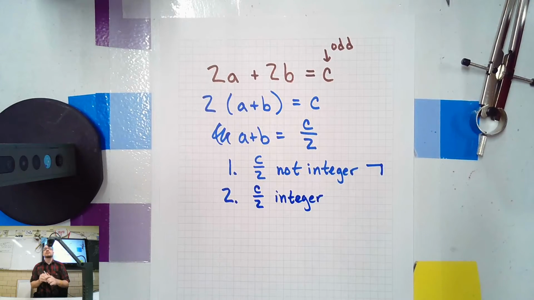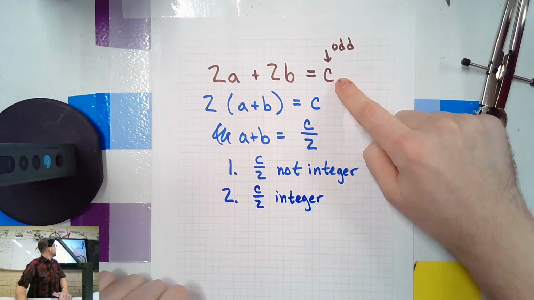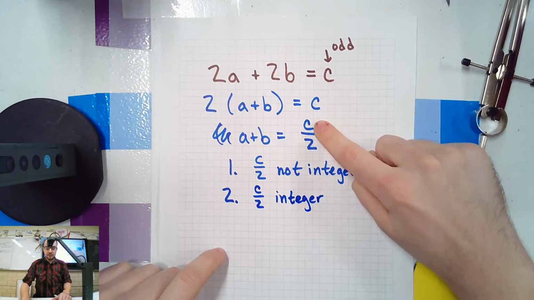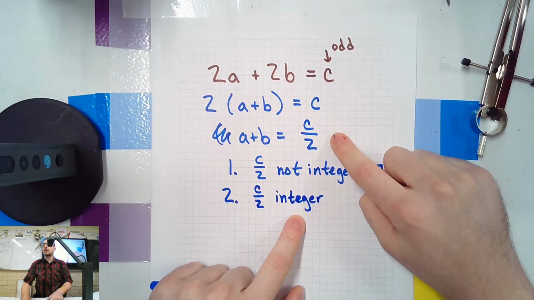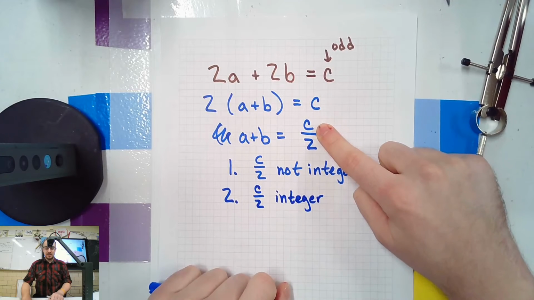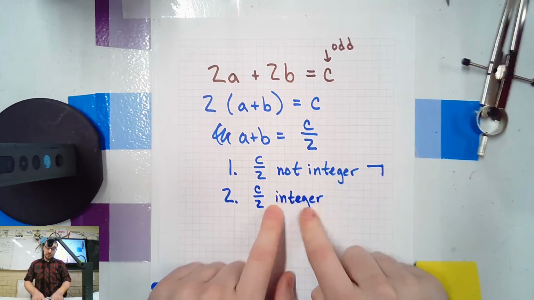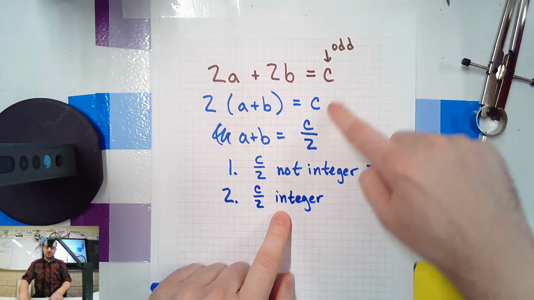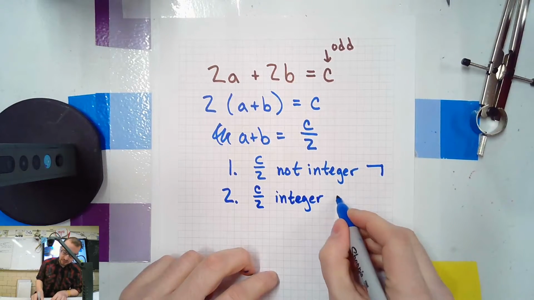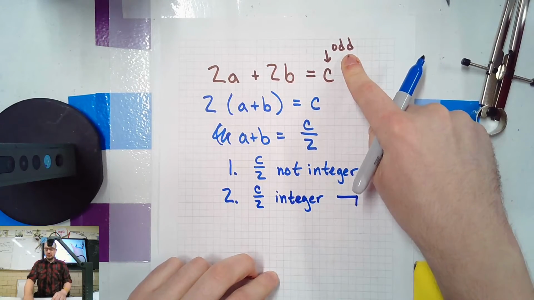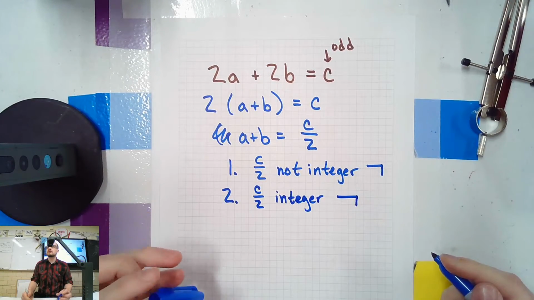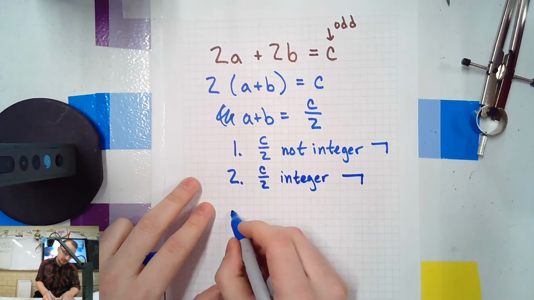But here's the problem. We said C was odd. And if C over 2 comes out evenly, it comes out to an integer, like a whole number. Doesn't that mean C is even? If I can divide that by 2 and get an integer, then C should have been even. So that contradicts my original thought that C is odd. So is it possible for C to be odd? No, which means C must be